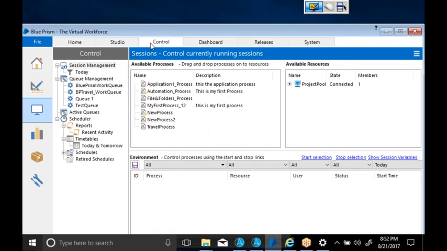Now, we have the control room. When it comes to the control room of Blue Prism, what is meant by control room? The name itself tells us: in the control room, we can control multiple bots. Whenever I say bot, it is nothing but my Blue Prism system. Every Blue Prism system I will call one bot. I have installed it in my system, and this is one bot. If I install it in other systems, I will call those different bots: bot one, bot two, bot three, like that.